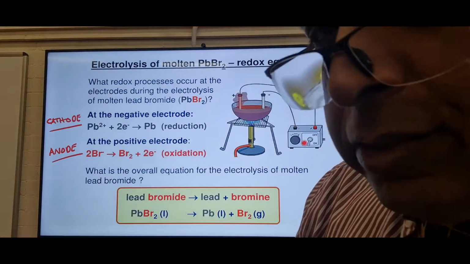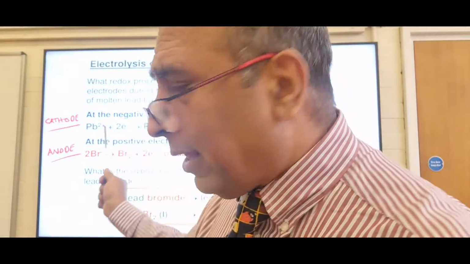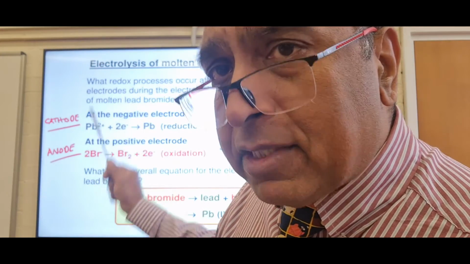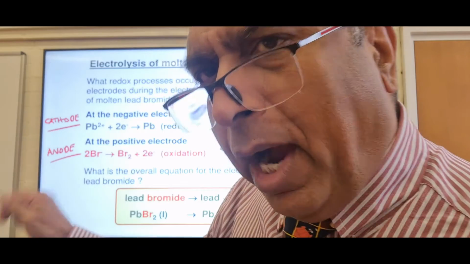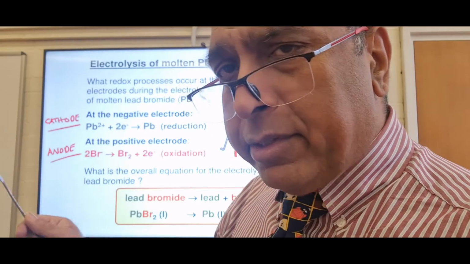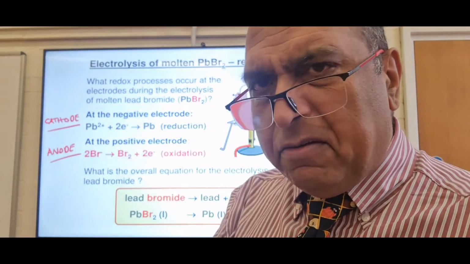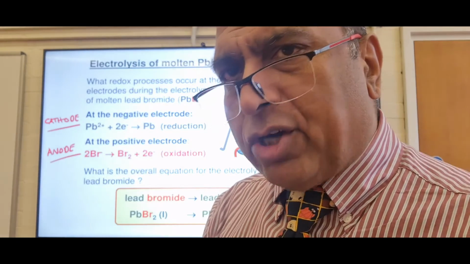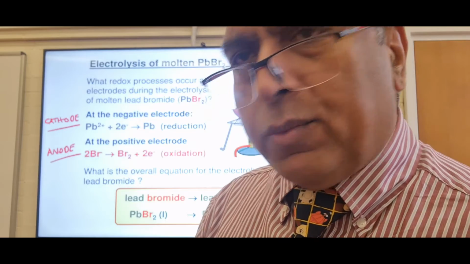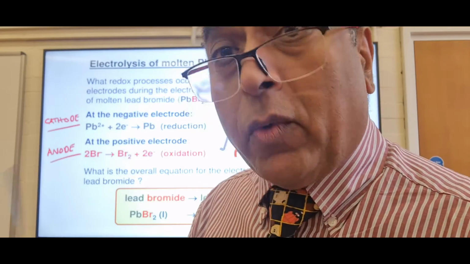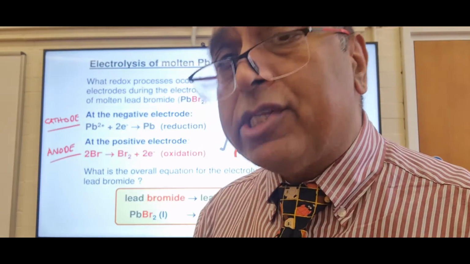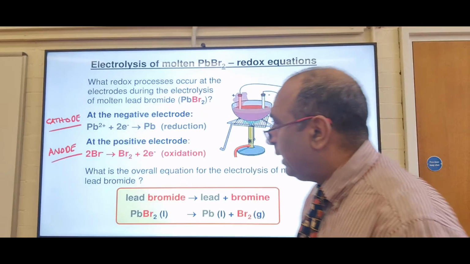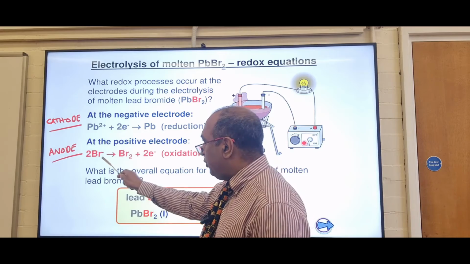So if we go back to the apparatus, I want to look at the cathode, the negative electrode. I want to look to see if there's lead made. Now that'll be hard to see. From my experience, that's hard to see because you've got this grey lead bromide solid going on in there, and we won't see a lump of lead, although it will be there. We won't see it very well. However, on the other side, we will see that, because on the other side here,